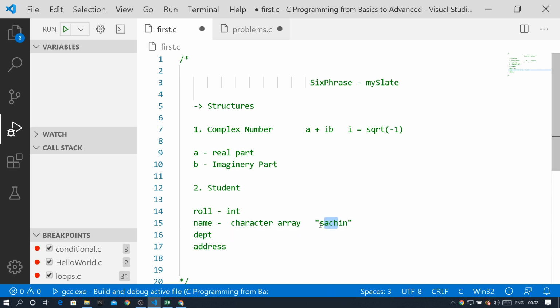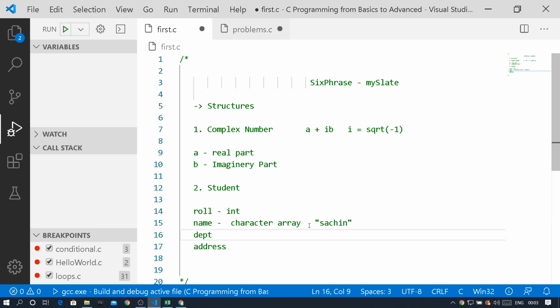So when I want to store multiple elements, a collection of values, what do I need to go for? I need to go for an array. When I have 5 integers, I have used an integer array. Now when I have 6 characters, to collectively store 6 characters, I have to come to a character array. We will see the character array in a different part. I'm just telling you that name is going to be a character array. We have a separate section for it. Okay, fine. So next one,